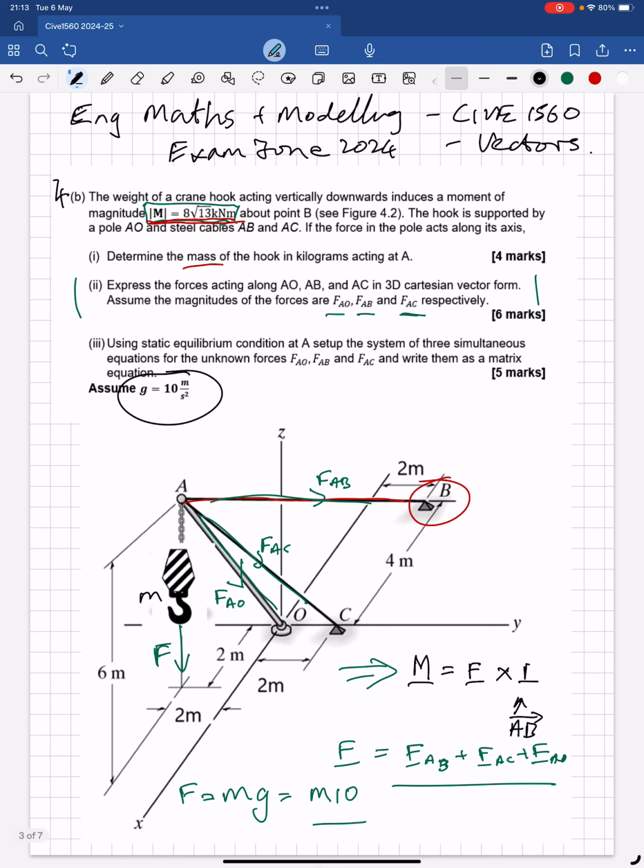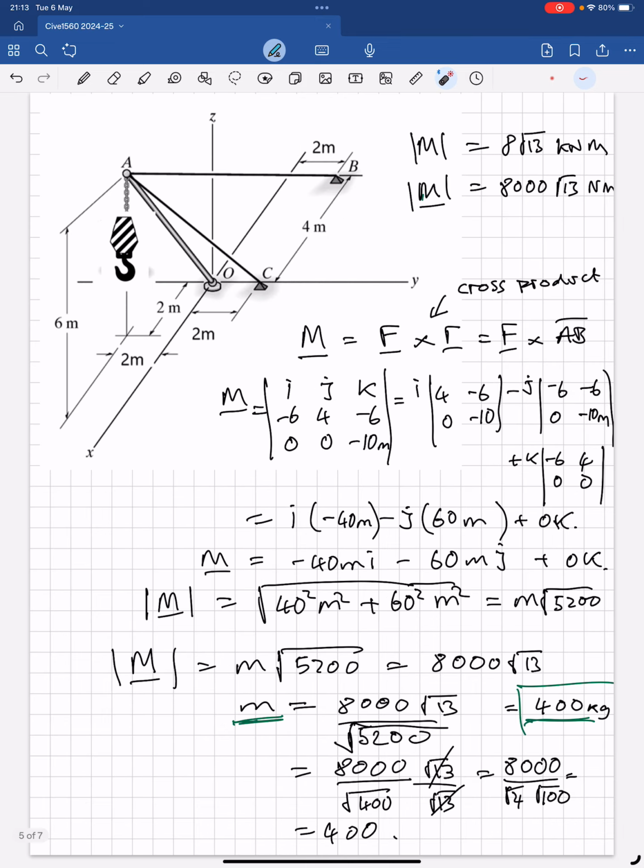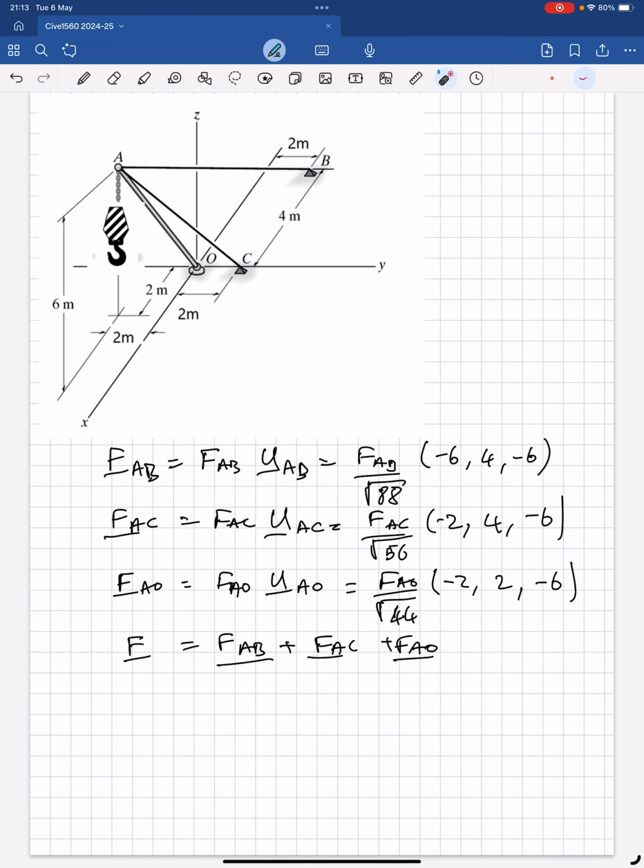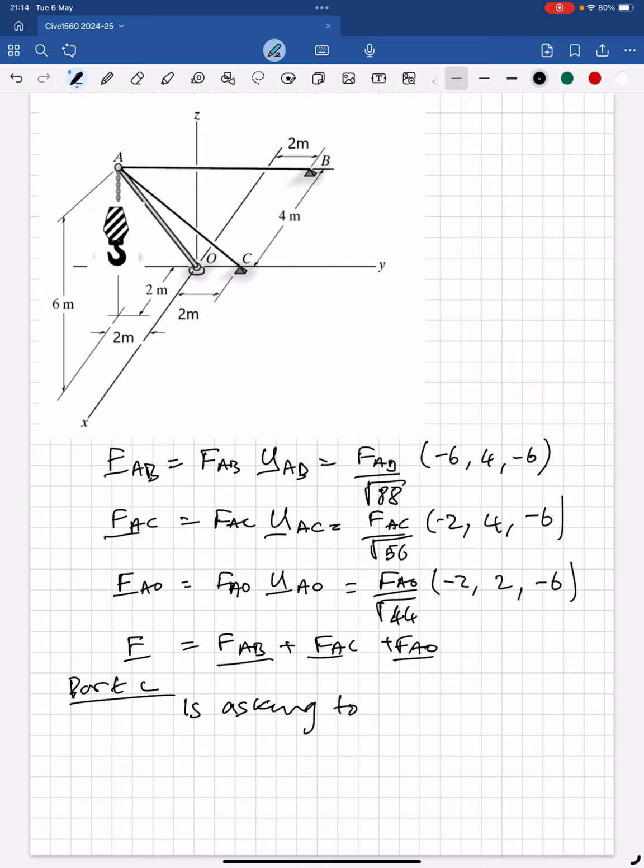Part C, the question says, using static equilibrium condition set up at A, so point A here, set up a system of three simultaneous equations for the unknown forces, those three unknown forces. Write them as a matrix equation. So part C is asking us to resolve